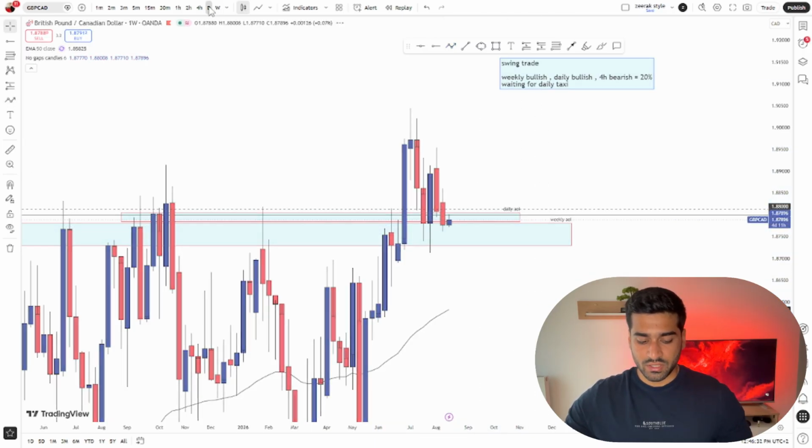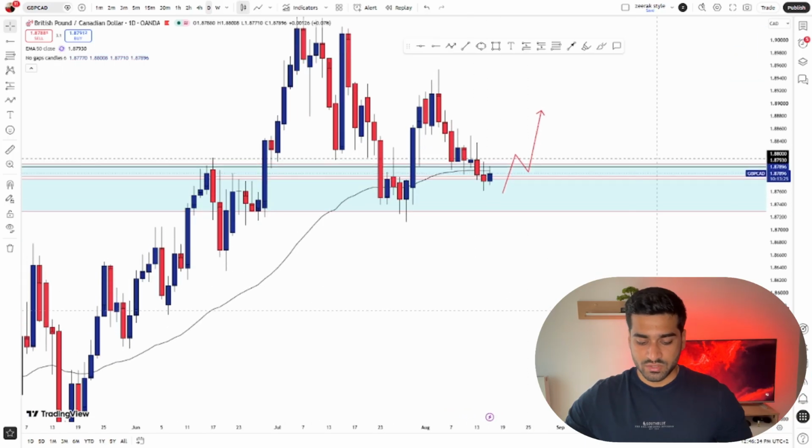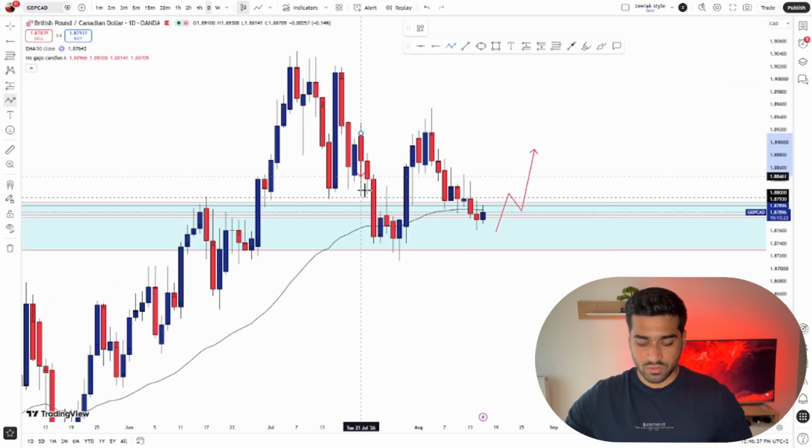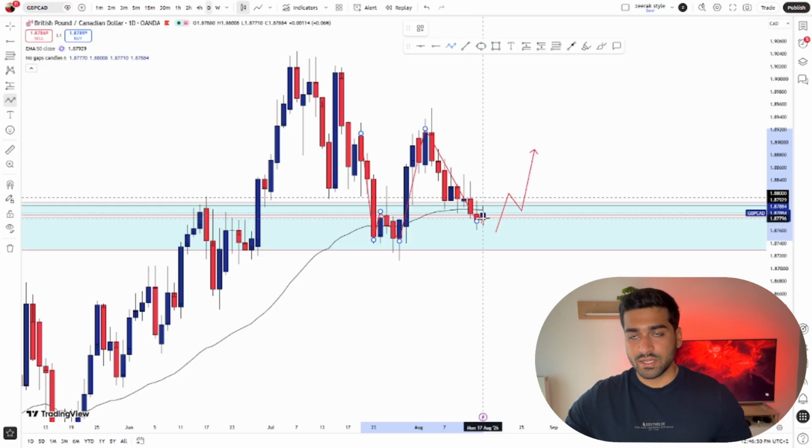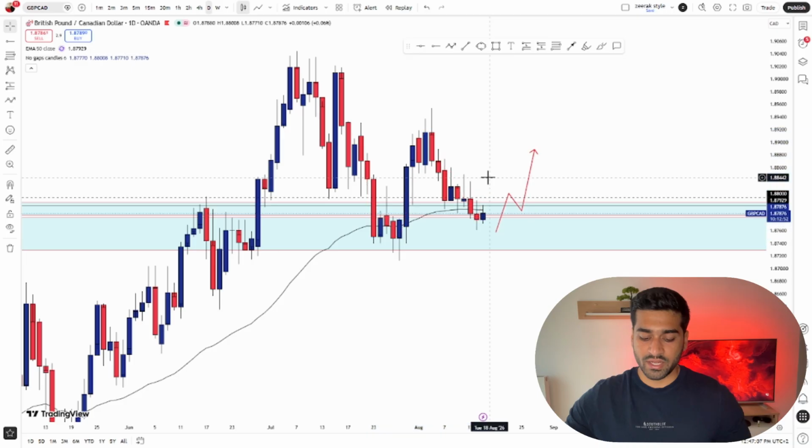When I go to the daily chart, the daily is also, from here, lower low, lower high, lower low, and then higher high and higher low. So here we already come to the weekly area of interest, and this is also the daily area of interest. But the problem is that we are currently not rejecting this area. The first thing you always need to see when you come to the daily area of interest is an engulfing candlestick, or at least some kind of rejection. But here you can see that there is no rejection candlestick, so I will look for an engulfing candlestick